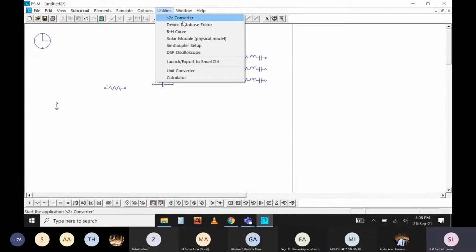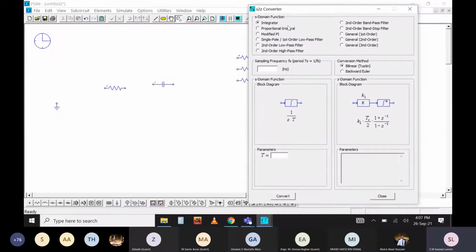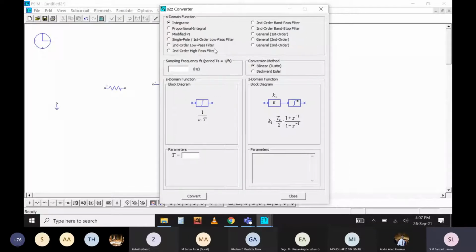These are some utilities, like you can use some converter from here, like from S domain function to Z domain. For example, there's a control system whose parameters are given in S domain. Now you want to convert these parameters into the equivalent Z domain. This is the utility where you can do that.